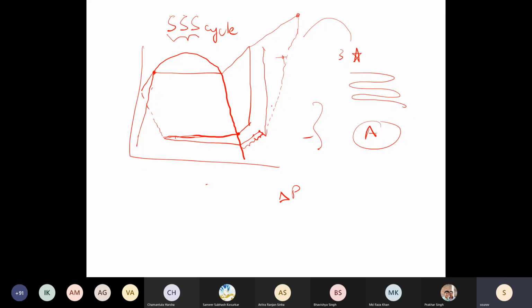So you can draw any dotted line. You can draw like this, because we don't exactly know what the process line is throughout the compression process. You will end up here. Okay, and then again you can have some amount of pressure loss over there as the gas comes out of the discharge valve, discharge pipeline, and then this would be your condensing. So your condenser may also have some pressure drop and some amount of subcooling, and then your cycle could look significantly different from the standard cycle that we have